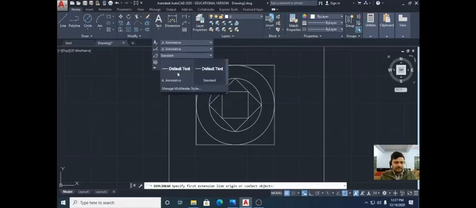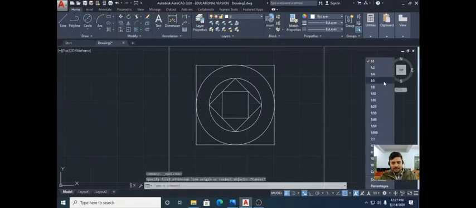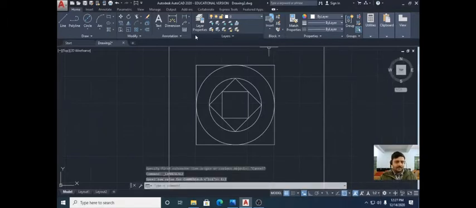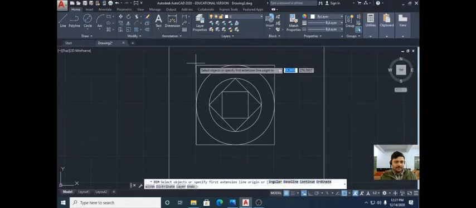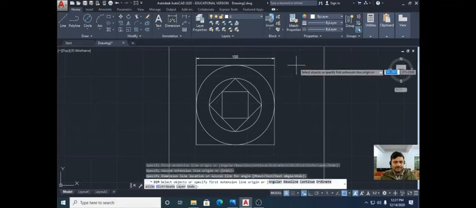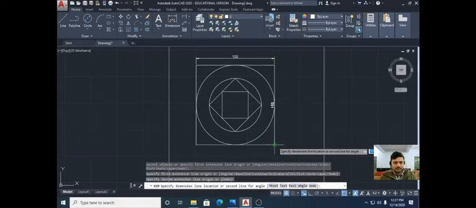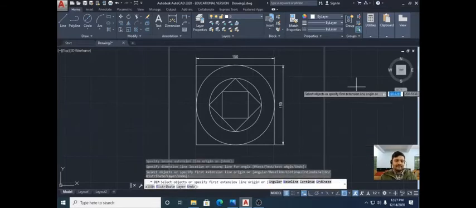Keep it annotative. And for me, the good ratio is 1:2. So press on the dimension part, click it over here and dimension the portion. How easily we have made the dimensioning part?